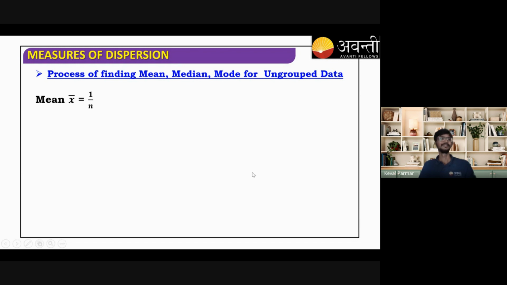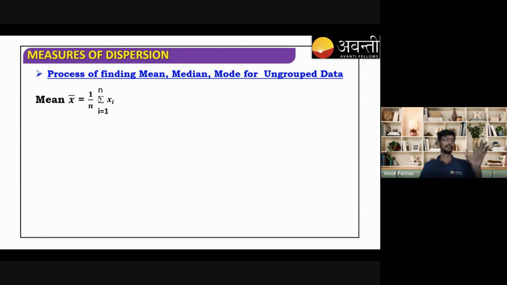Super. Chalo, mean. Mean is denoted by X bar. How is it read? X bar. What is the formula of mean? Summation of all xi. What is meant by xi? Xi is all the data. So if we add all the marks and divide by the number of students, or you can say this is the arithmetic mean, sum of all observations upon